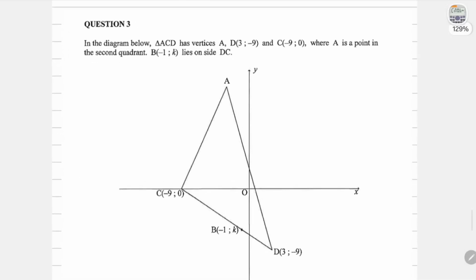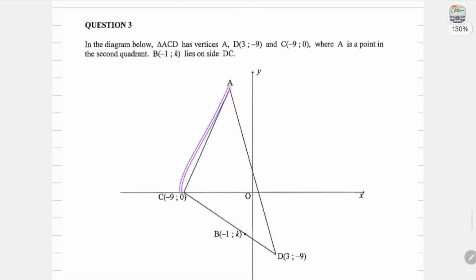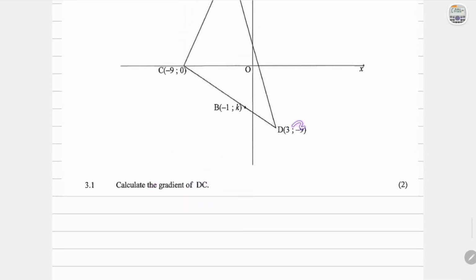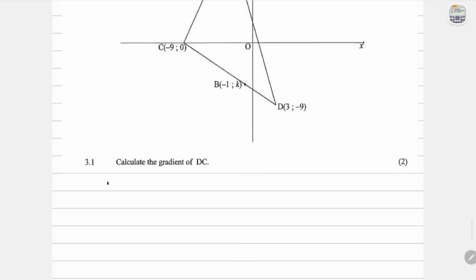Question 3 says, in the diagram below, triangle ACD has vertices A, D, which we can see over there, and C, where A is a point in the second quadrant. Then they tell us that B(-1; k) lies on DC. And the first question is to calculate the gradient of DC. Okay, you can see that we have both points, so we can find the gradient by saying the gradient